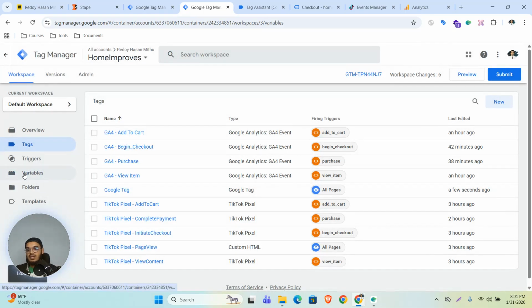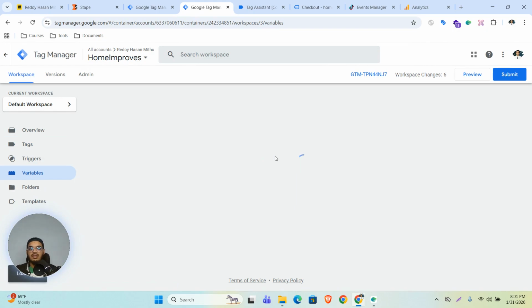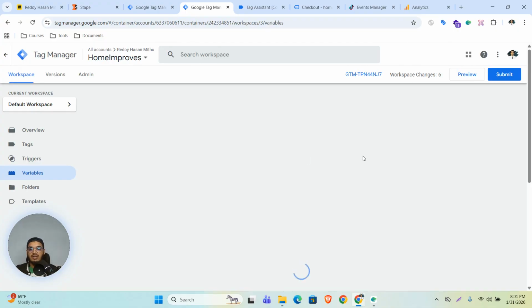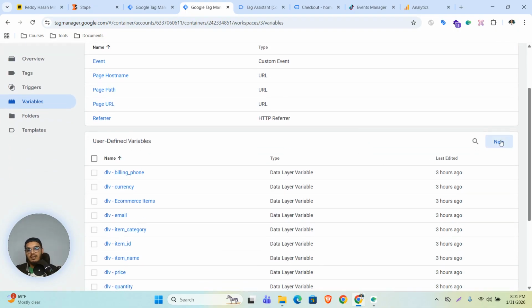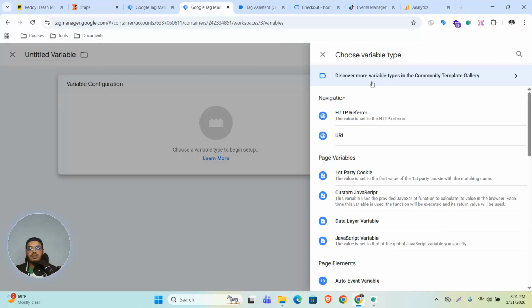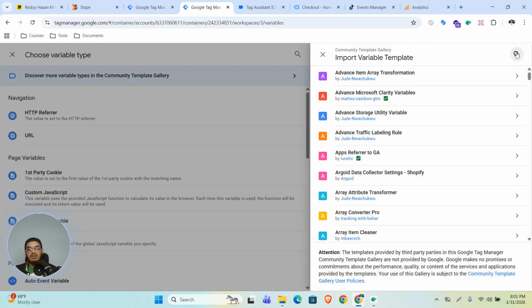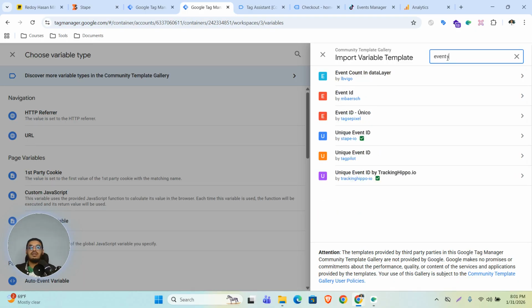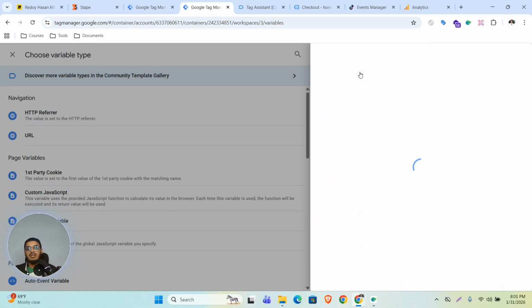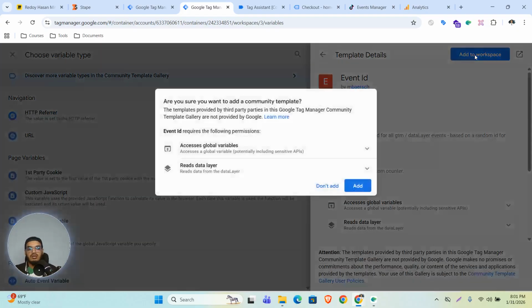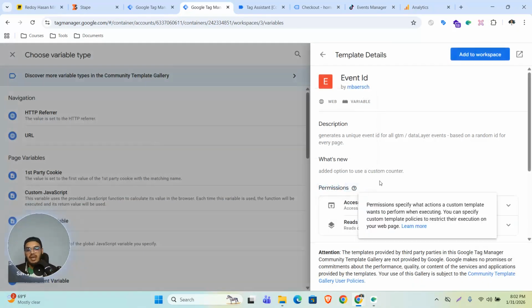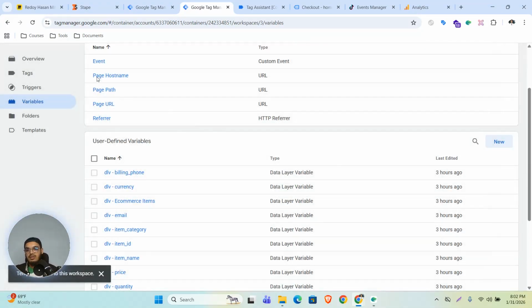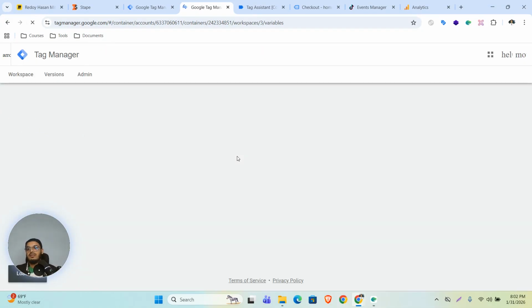I need to create another parameter, that is event ID, which will deduplicate the browser and server event. New, discover more variables, search event ID. Select this one, add to workspace, add, close this, give it a reload,